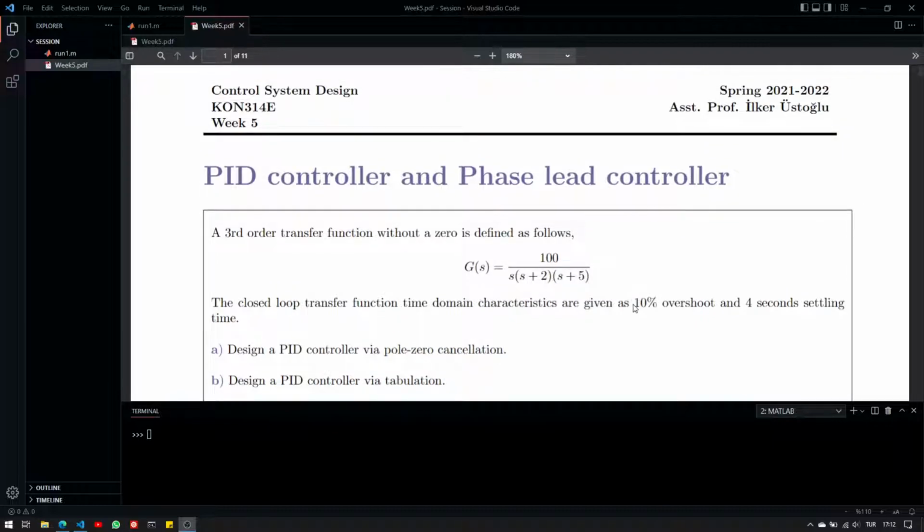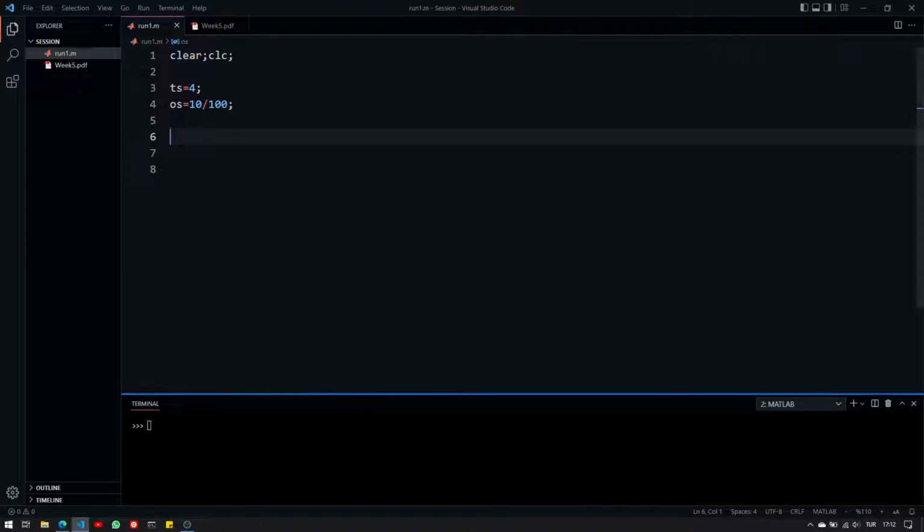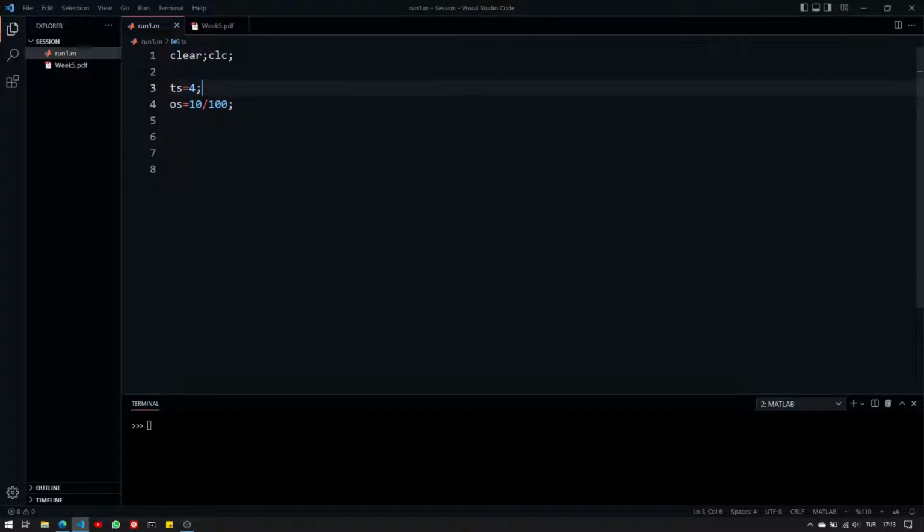Now, if we look at the requirements, we have a 10% overshoot requirement and a settling time of 4 seconds. So let's maybe begin with that. The settling time should be equal to 4. The overshoot should be 10%. So I've written down the requirements. Having the settling time and overshoot given, or maybe peak time, rise time, or any two of these transient behavior definitions,